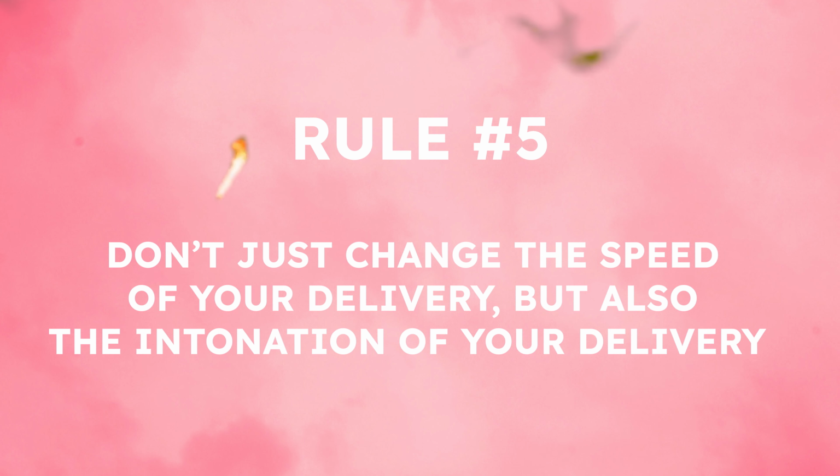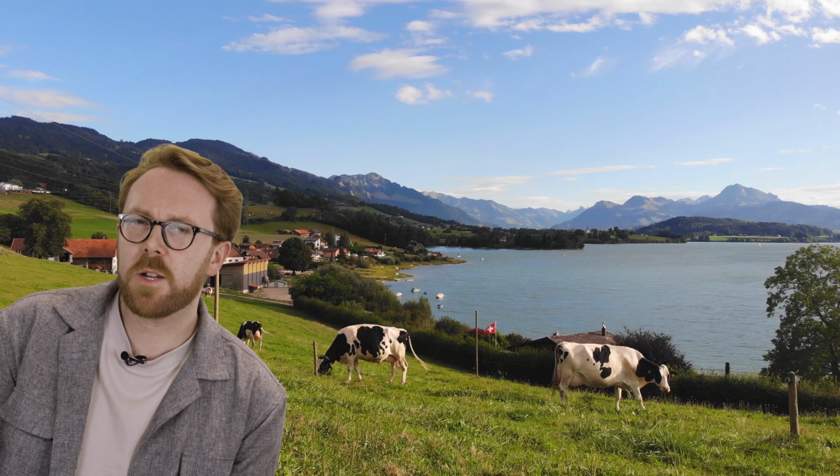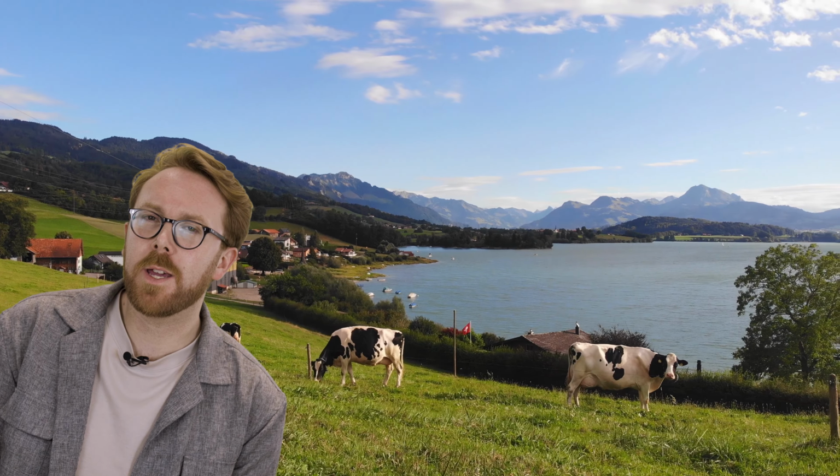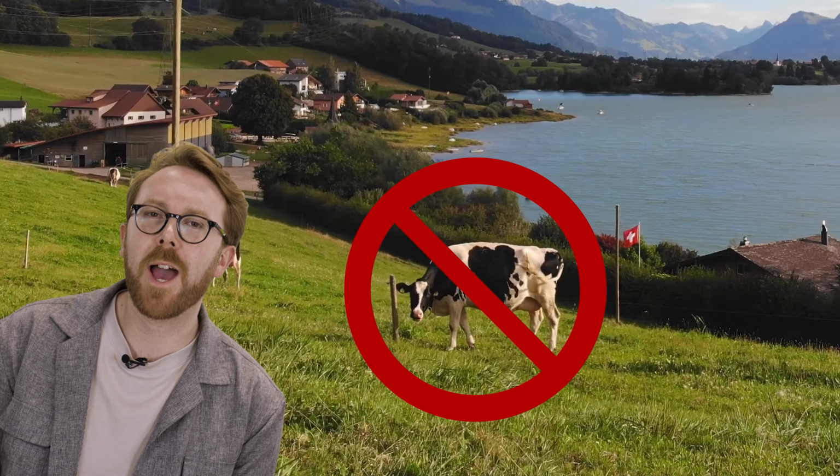Rule 5 is to not just change the speed of your delivery, but to change the intonation of your delivery. It should be up and down like a rolling English countryside, but just without the cows. Nobody will ever pay attention if you have a monotonous voice. But also people will get really, really annoyed if you just talk excitedly all the time throughout the video. The right thing to do is roll between the higher and the lower parts of your register, because that will keep people interested.